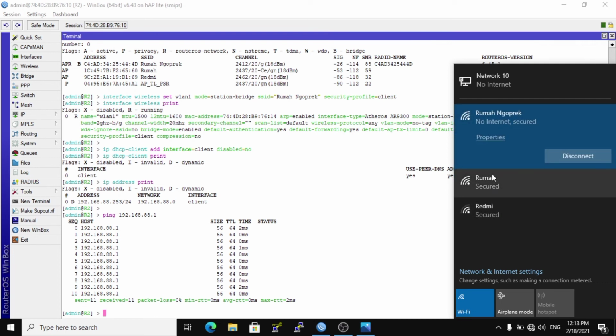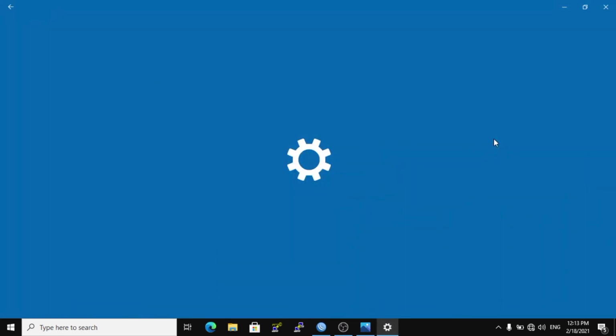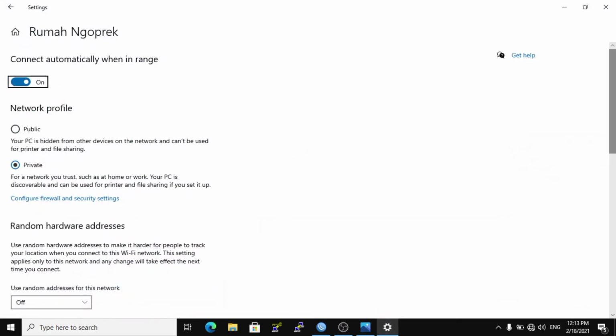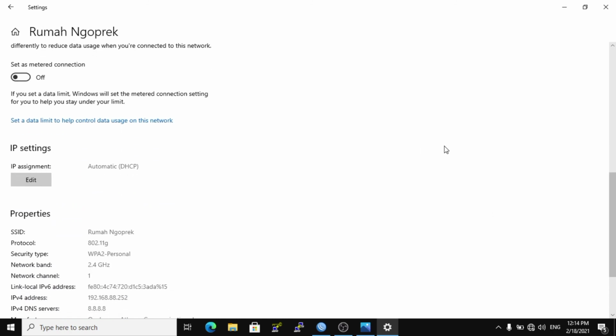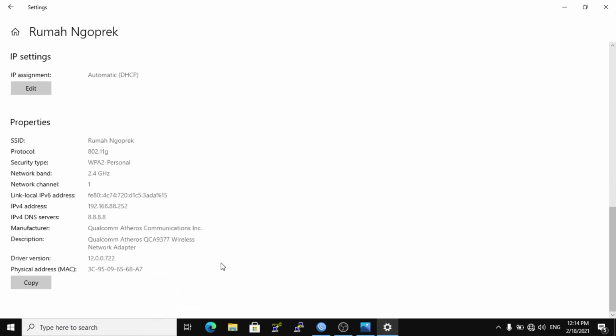And this has connected, click properties. This is the IP address automatic, DHCP, and SSID rumah ngoprek. The IP address my laptop gets with the wireless is 192.168.88.252.